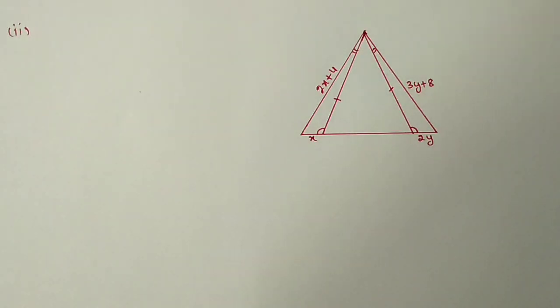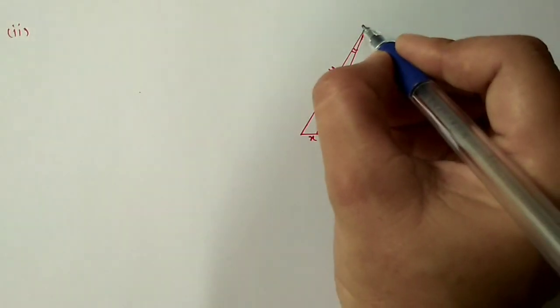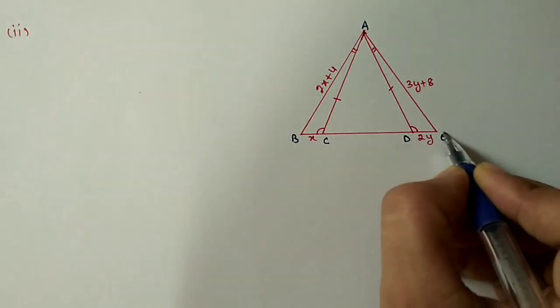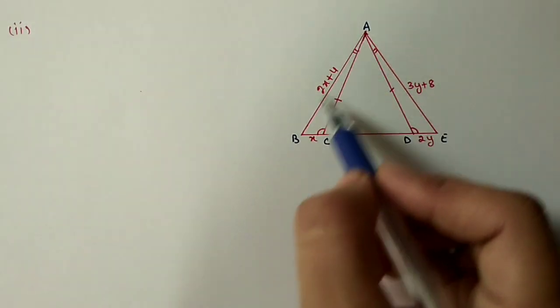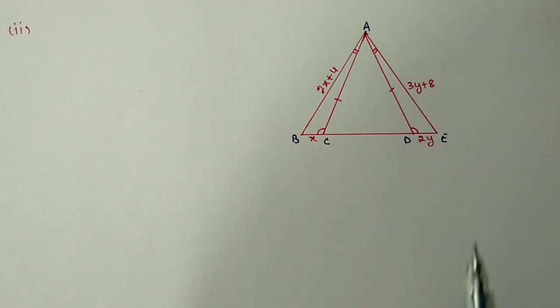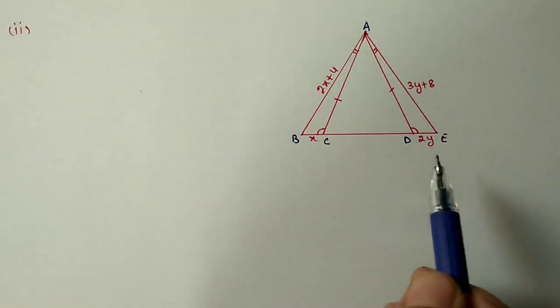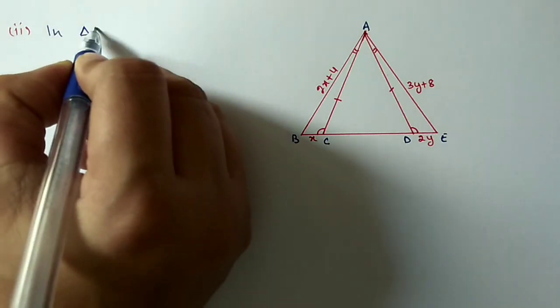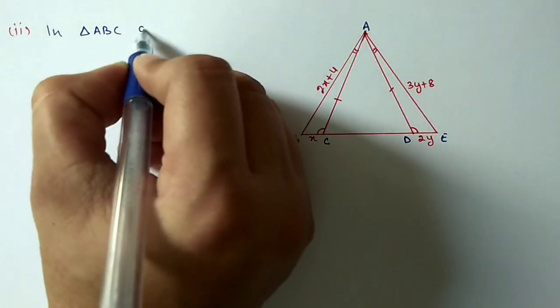Next, question number 14, second part. Here we have to find out the values of x and y. First we will give some names to this figure. Now first we will prove that these two triangles are congruent to each other, and then we will compare the corresponding parts. So in triangle ABC and triangle